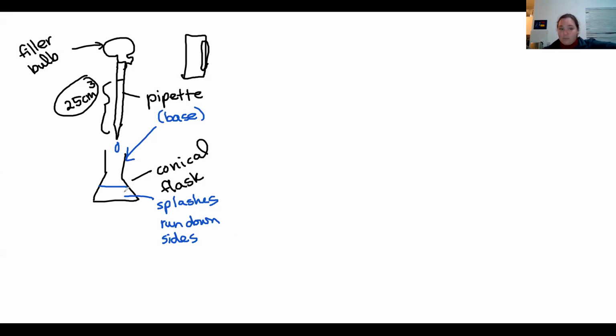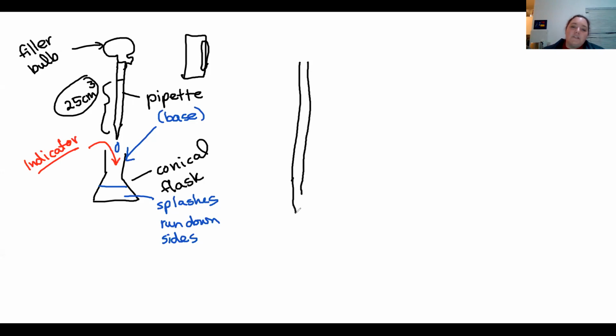If our base went into our conical flask, what also goes into the conical flask will be an indicator. And an indicator is any chemical substance that changes color depending on whether it's in an acid or a base. Okay, that's the one side of this. On the other side of this, we have an even longer thing called a burette. Okay, and a burette usually has a little tap on the side. We usually use a funnel when we fill up our burette because we don't want to make a mess. So we've got a funnel,